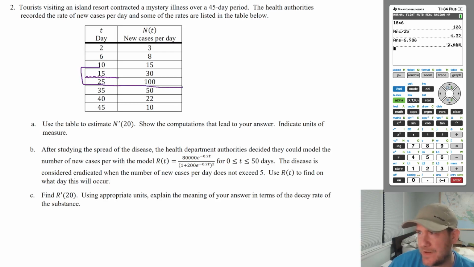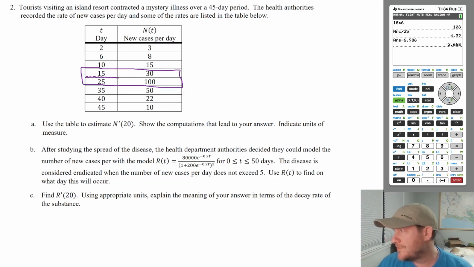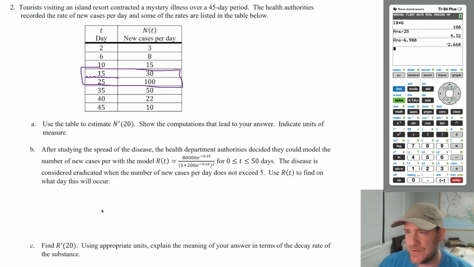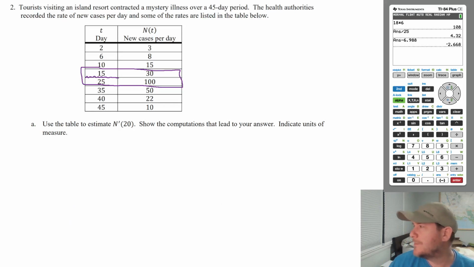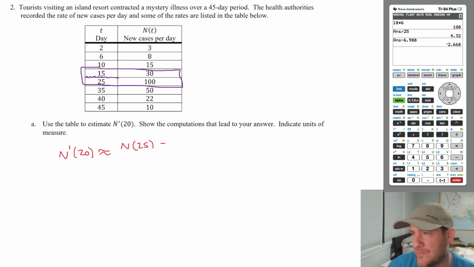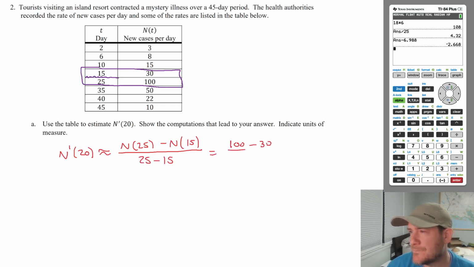We're going to estimate that instantaneous rate of change at 20 by finding the average rate of change over the interval for the two values on either side. So let me just get this out of the way for a minute. N prime of 20 is approximately equal to the average rate of change, which would be N of 25 minus N of 15 over 25 minus 15. That's 100 minus 30 over 10, which is 70 over 10,